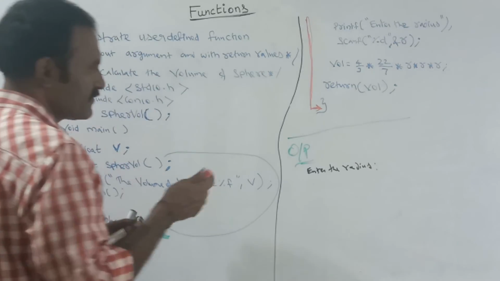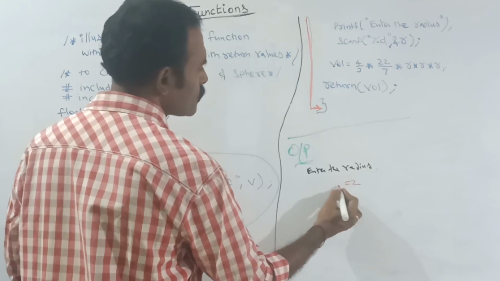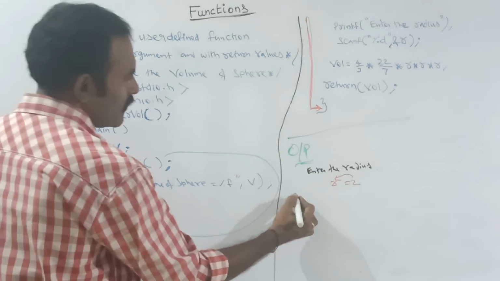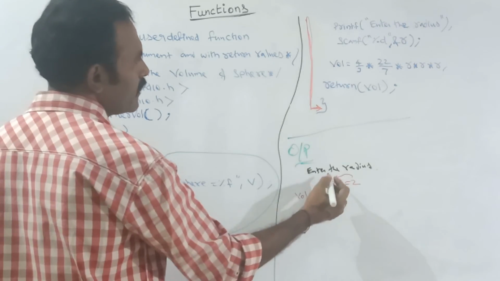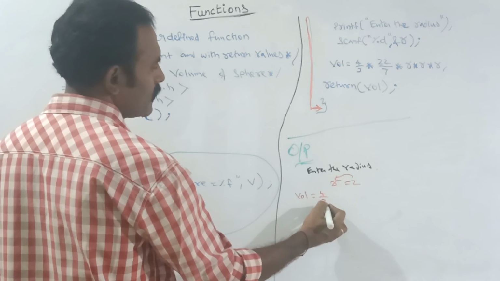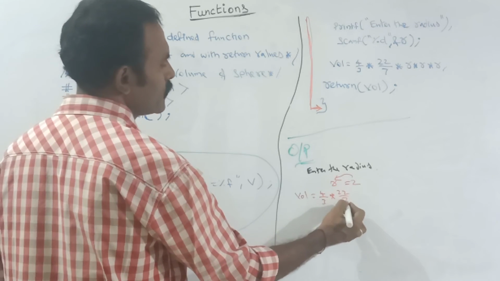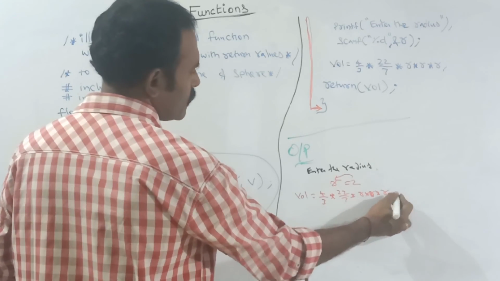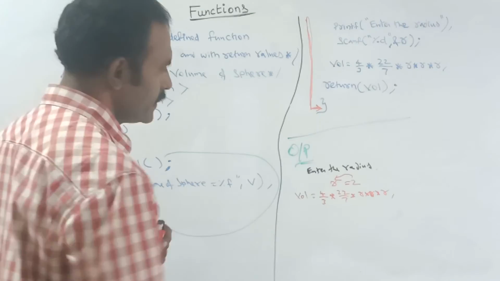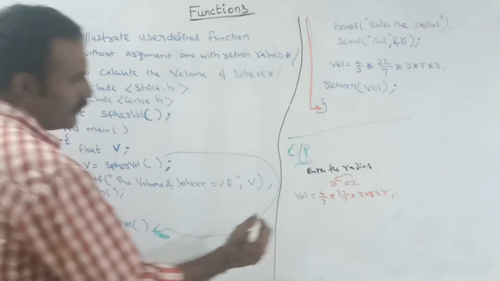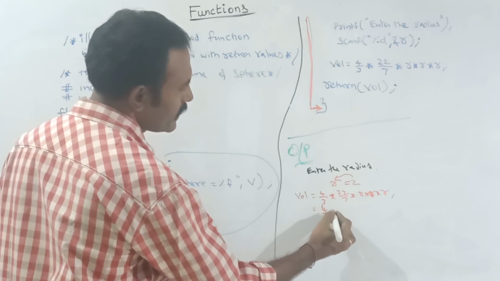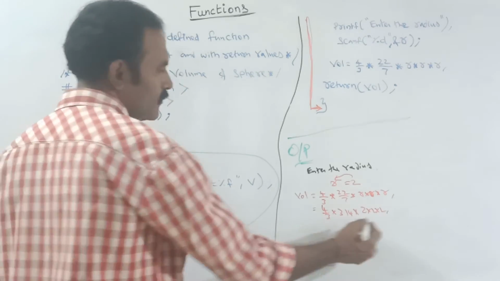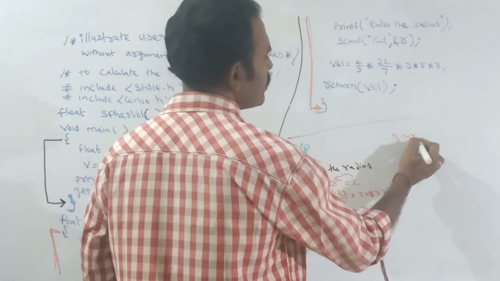Suppose you give the radius value as 2; the 2 will be stored in r. Next, in the variable VOL, I am telling it to calculate this result: 4 by 3 into 22 by 7 into r into r into r, totally 3 times. We are going to multiply the radius because it is r cube. So 4 by 3 into 3.14 into 2 into 2 into 2. 2 2s are 4, 2 4s are 8. 3.14 into 8.